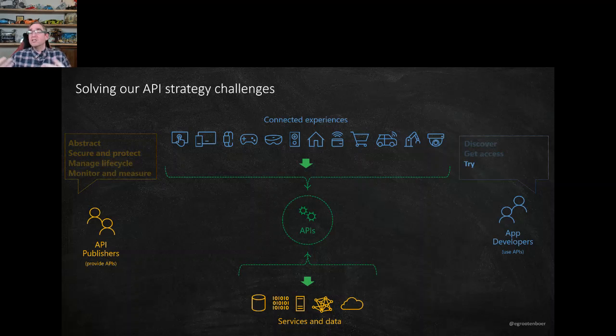They can then actually start trying this out. In the same developer portal, they can have a try it out button, and this try it out button will take them to an environment where we have prepared some requests for them as API publishers, so they can actually send in these requests. And this request might actually be going to a backend. Now, of course, don't do this on your production environment. We normally do this on pre-production, but you can actually hook it up to your actual systems. So they can already test out different requests and get different responses back to know if this is what they want to do.